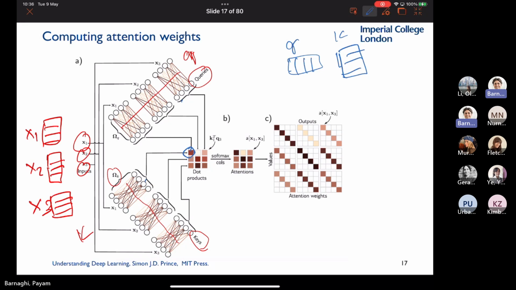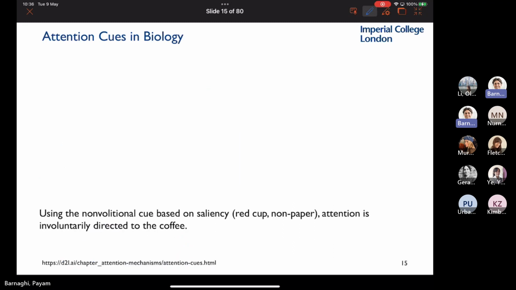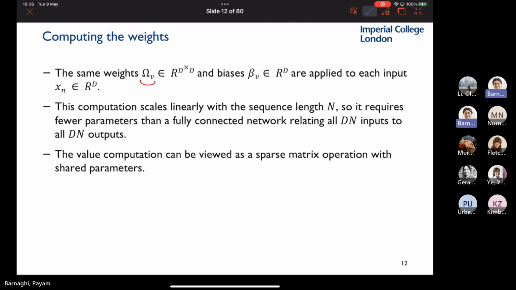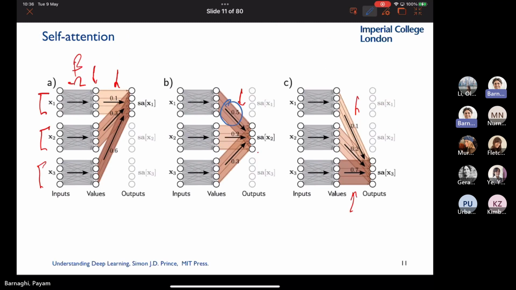And you run it through a softmax function. Once you apply a softmax, the values will be between 0 and 1. You apply a softmax function and you basically normalize it. And then once you have that, that will become your attention weights. These are the weights I was showing in the previous slides. These are the attention weights we are learning. So now we are calculating. For now, we haven't learned anything.